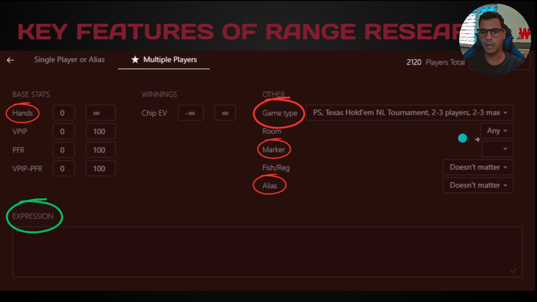So you can, for example, if you are marking aggressive recreational or sticky regulars with a marker in Hand2Note, you can just pick this one here and it will analyze all the players with this marker and this color you are using. The fish reg tag,